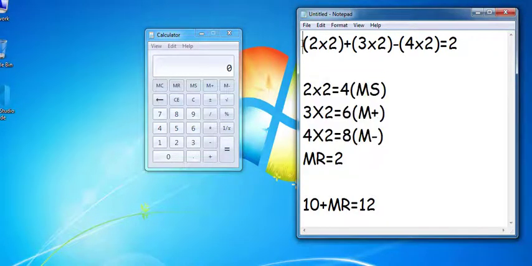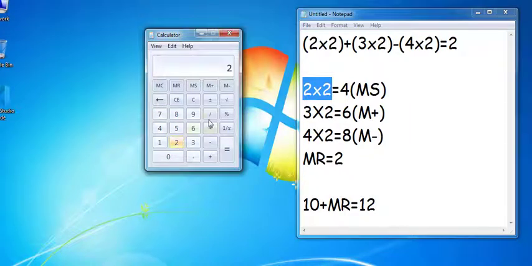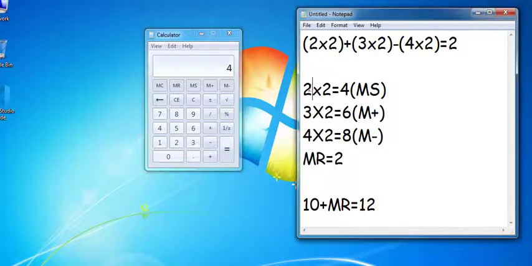First of all, we will calculate this 2 into 2. In the calculator, 2 multiplied by 2 is equal to 4. So this we have done. Now we will press the MS button. The MS button is used to save any number to memory.